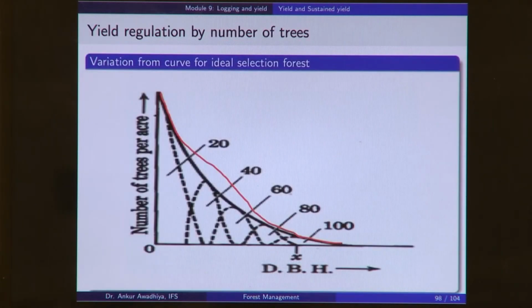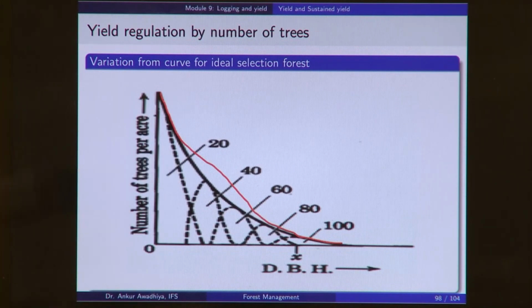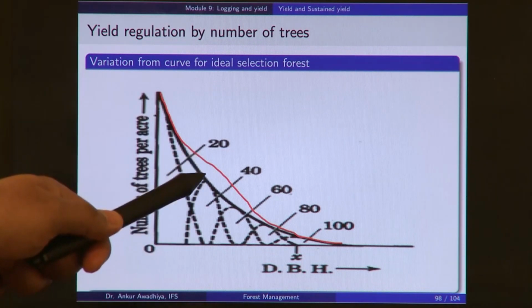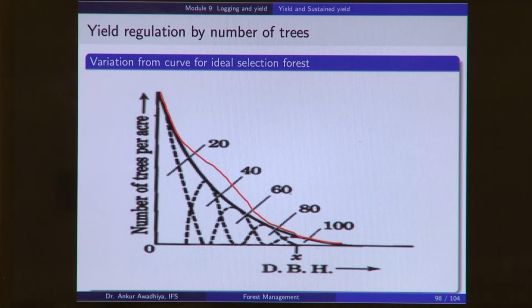Another method is yield regulation by the number of trees. Here again, as we saw earlier, if we plot the ND curve and the actual forest deviates from the ND curve, then yield regulation by the number of trees will say that for this dBH you can cut these many trees, for this dBH you can cut these many trees. So, essentially what we are trying to do here is